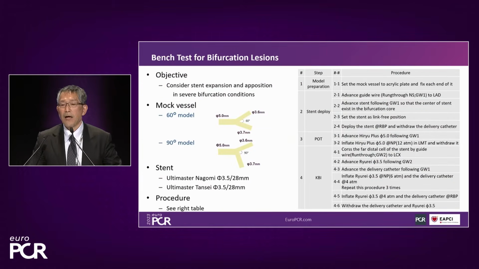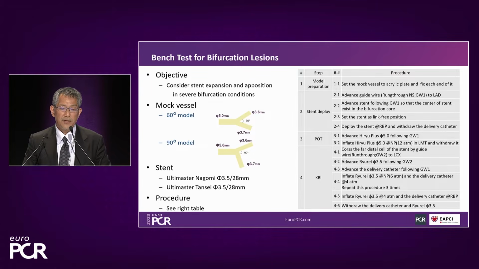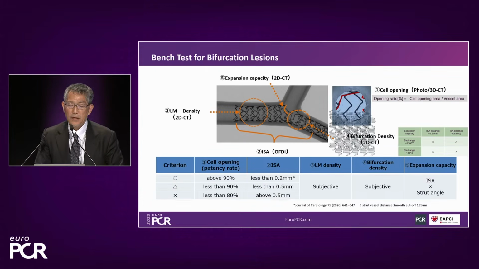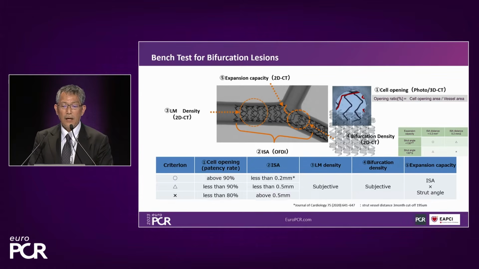So this time we tested these two stents using two different types of experimental vessels. This one. And the detail of the procedure is like here. In this bench test, 5 items were evaluated to see the adaptability of the bifurcation region in